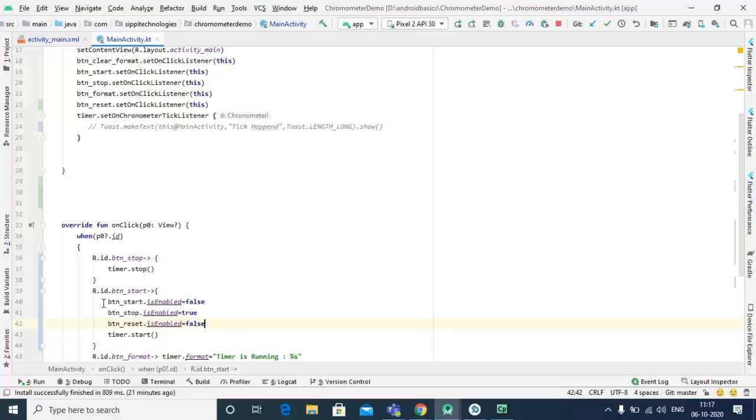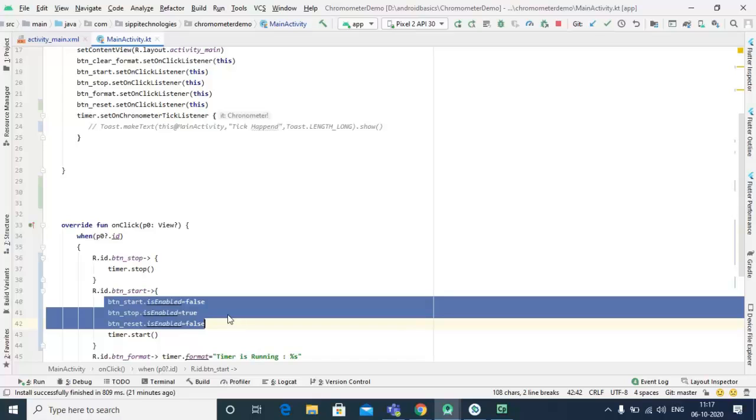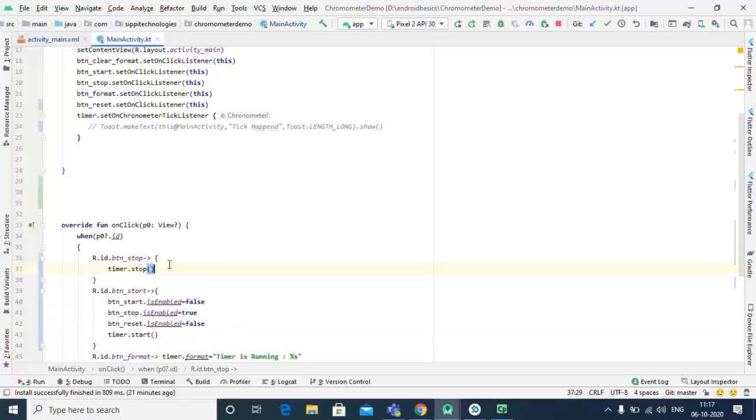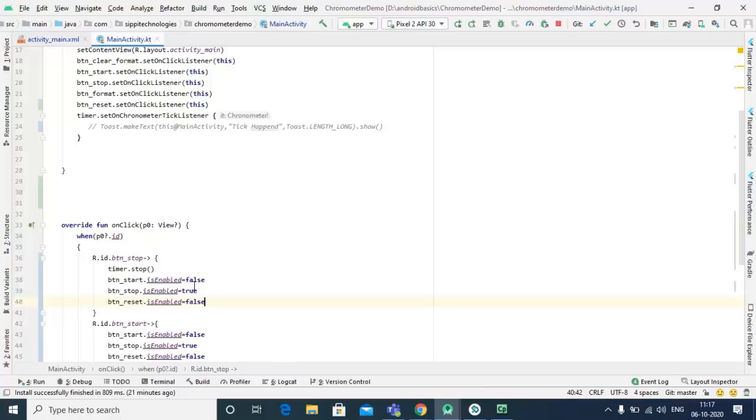we will enable this button only when we click on a stop or reset button. So for that, stop false, and start is false, it's also false, and it's true. Okay,